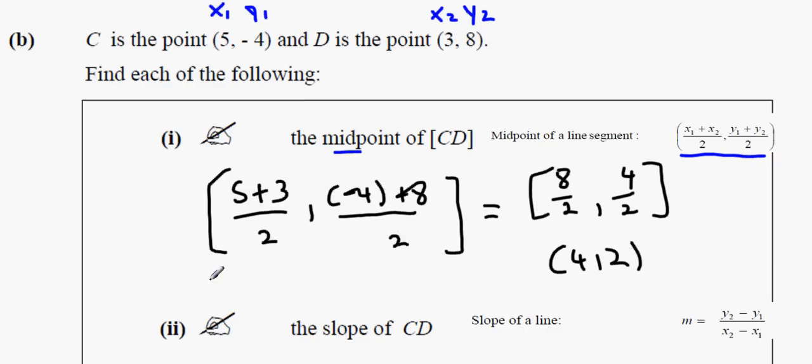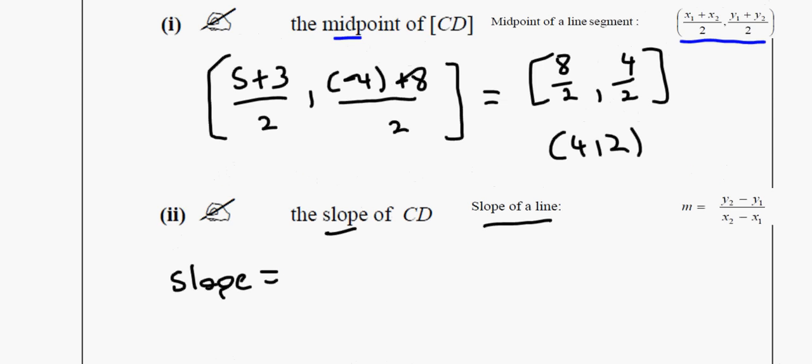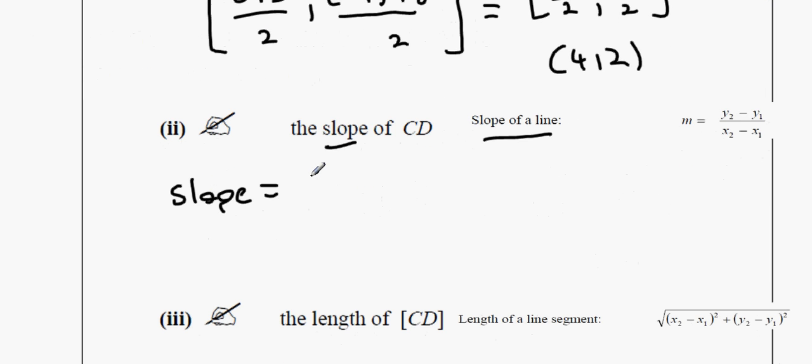Okay, now for the slope. The slope is y2 minus y1 divided by x2 minus x1. That's the slope formula. So therefore slope is going to be equal to, now remember, y2 is 8. So we're going to have 8 minus 4, because y1 is minus 4, divided by 3 minus 5. And what we're going to end up with is 12 divided by